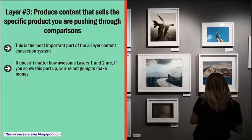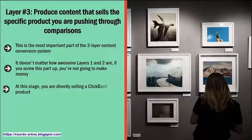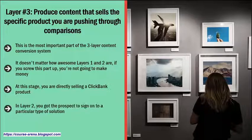Why? This is where the rubber meets the road. Seriously, this is where you drop your ClickBank product affiliate link. At this stage, you are directly selling a ClickBank product. Now, what makes this very effective is that you're not blatant about it. In layer 2, you got the prospect to sign on to a particular type of solution. They're not going to click